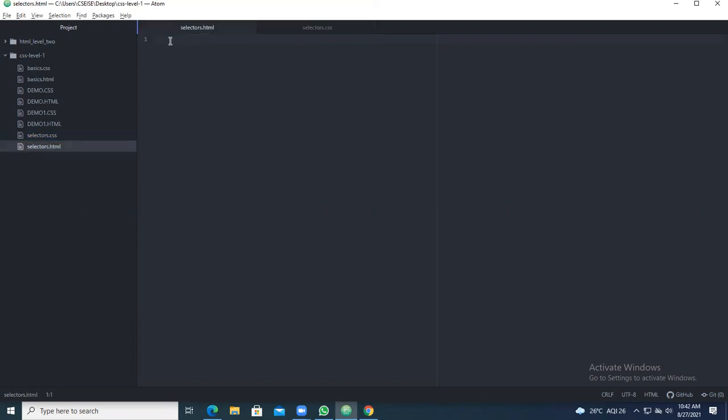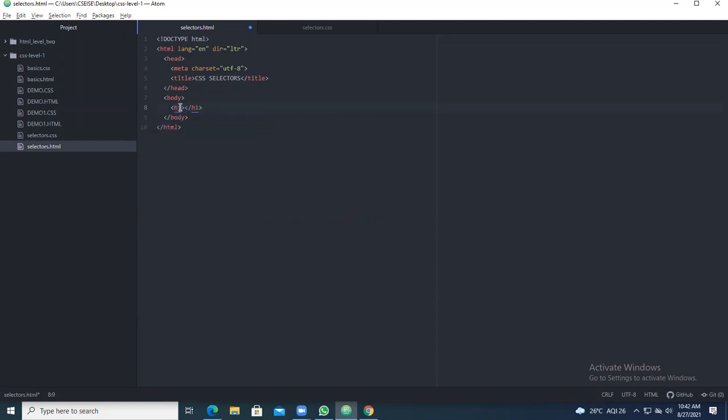Come to the HTML and write the code. I'll be taking the HTML content. Under the title, I will give CSS selectors. Come for the body part. Under the body, you give the heading.